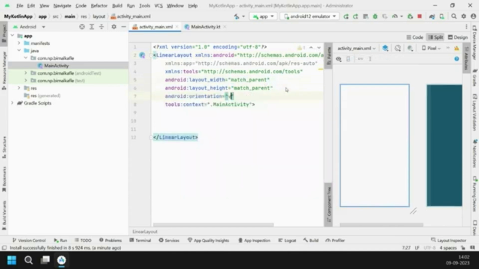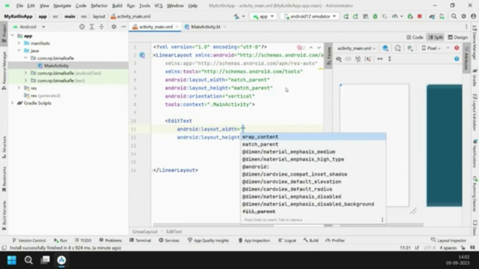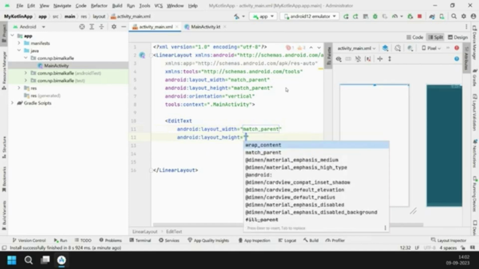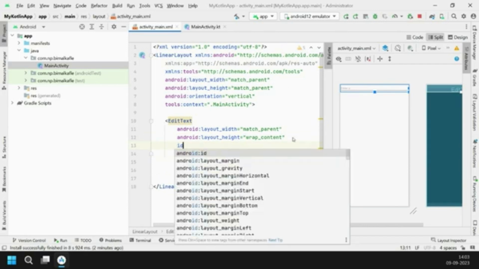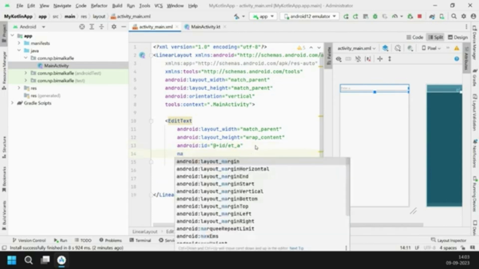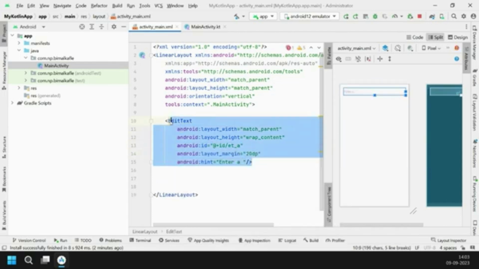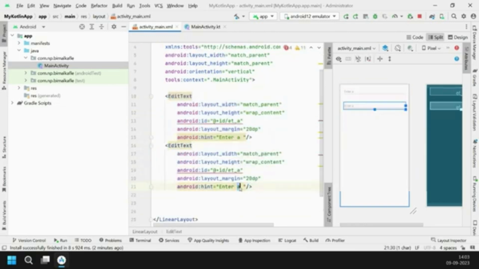In linear layout, we know there are only two kinds of orientation, vertical and horizontal. I am going with the vertical orientation. So I've started coding to create a simple calculator. What I'm basically doing is two text boxes where I should be able to take in values, and four buttons for plus, minus, multiplication and division, and the result should appear in a label. So I'm placing the text box, setting the ID for it, and whatever properties I need.